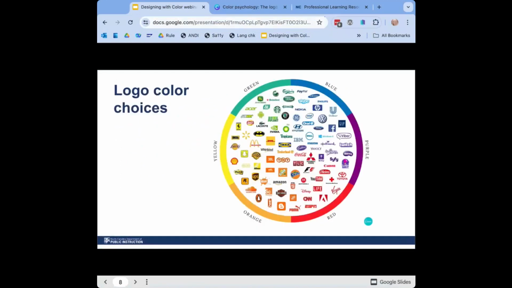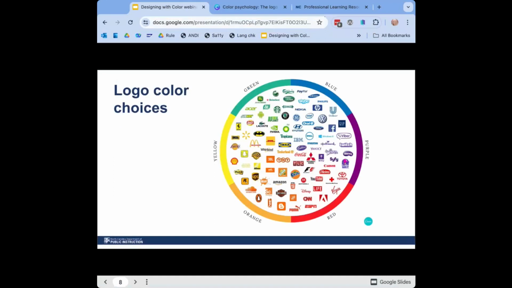So in Canva, they've highlighted some examples of color choices by business logos. There's also another graphic on that page that identifies the logos for the top, like the Fortune 500. It's really interesting to see how many logos are red and blue as opposed to some of the others. And I think it said that there were no pink logos in the top 500. So